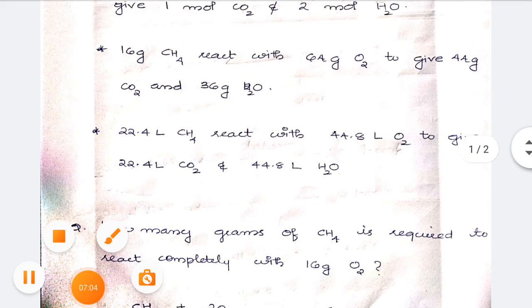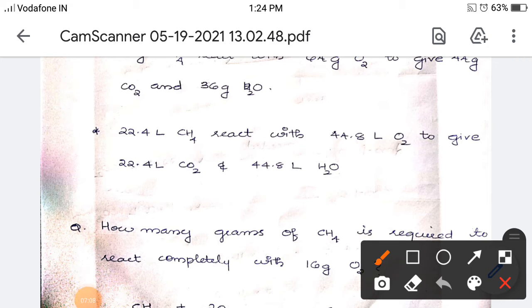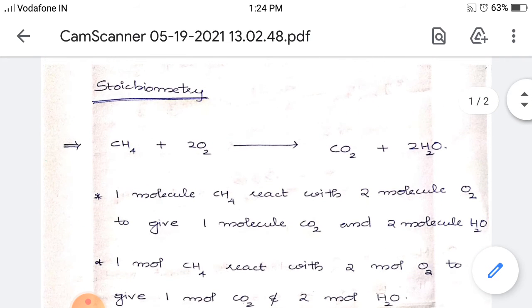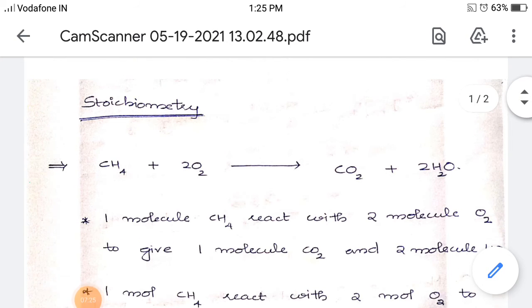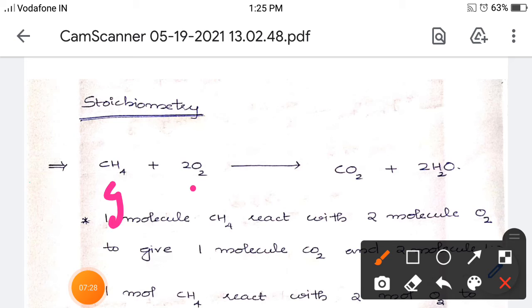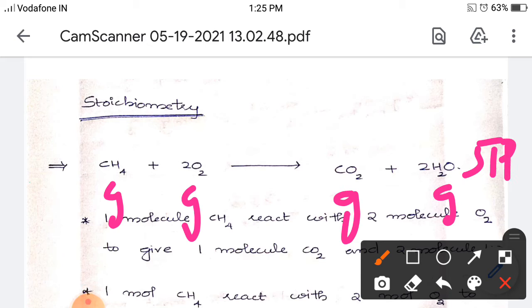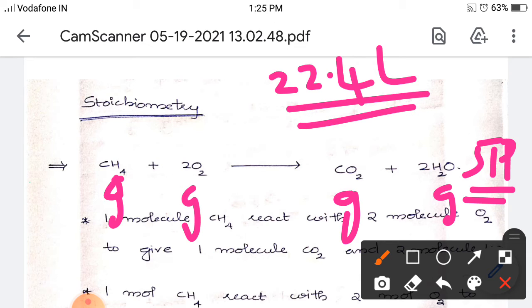Now the last one can be expressed in 22.4 liter. How can we express it? Guys, please listen. This is a very important part for your NEET examination. Suppose this 1 mole is in gaseous state, all are in gaseous state, and the condition is STP. Then the volume of 1 mole of any substance is what? 22.4 liter. Hope you got it.